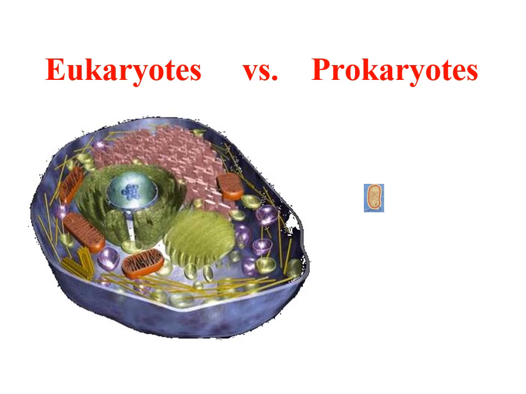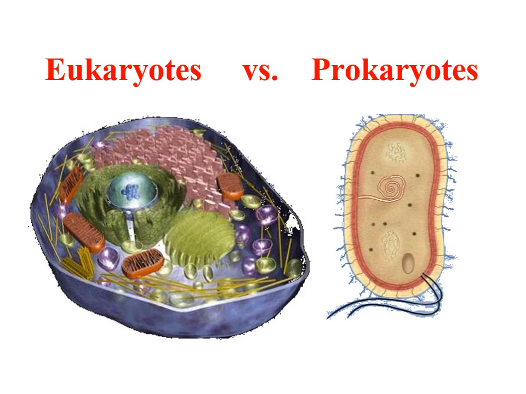Prokaryote cells are much smaller than eukaryotic cells. These images give you a feel of the relative size difference between them. Let's enlarge the prokaryotic cell to see it more clearly. Unlike the eukaryotic cell, the prokaryotic cell does not have an internal nucleus. In fact, prokaryote means before the nucleus. In general, the prokaryotic cell is much simpler than the eukaryote, but they are more prolific. There are more prokaryotes than eukaryotes on Earth.